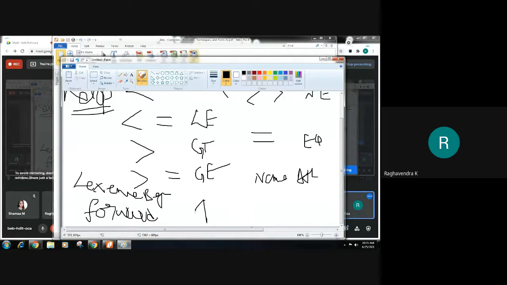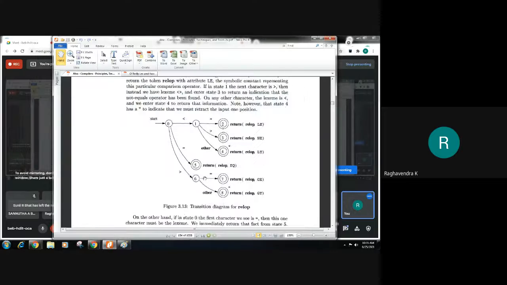We start with lexeme begin and advance the forward pointer. As we advance it, if we come across any character that is not part of the regular expression or pattern, we are supposed to move it back, or retract it. That also needs to be considered in our transition diagram. This is what we had seen in our last session.